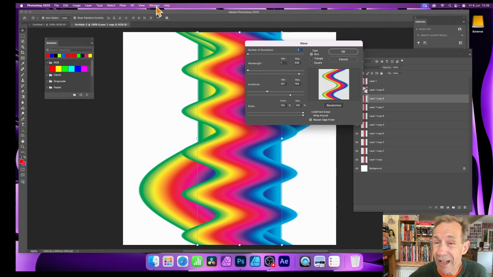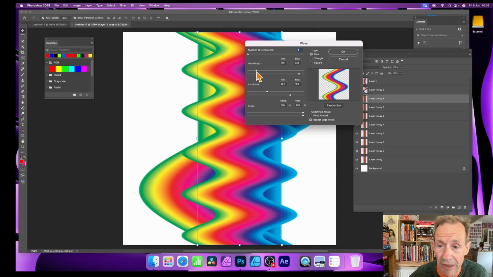Which is another feature I would love to see in Photoshop. I would love to be able to rearrange the order of the filters. Distort is one I use a lot. It's the one that's slightly further down. If it was just at the top all the time, it'd be brilliant. Now you can add, obviously, previously used, but the previously used, unfortunately, do not store the randomization. They will just use exactly the same effect again and again and again.